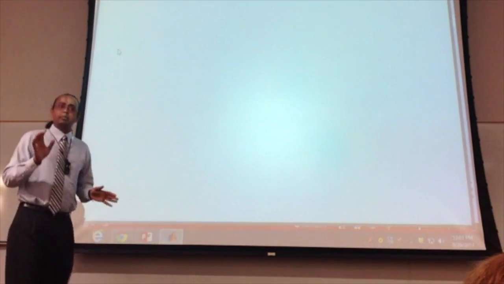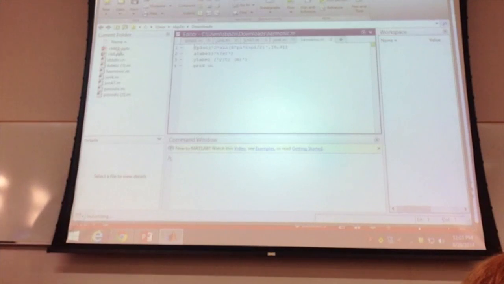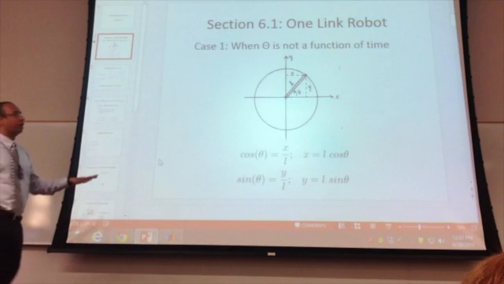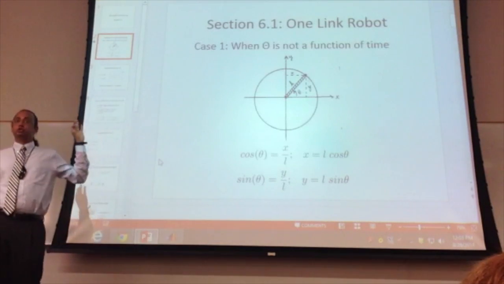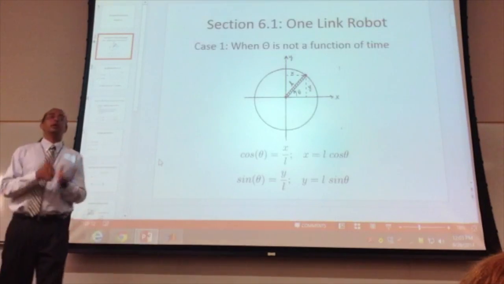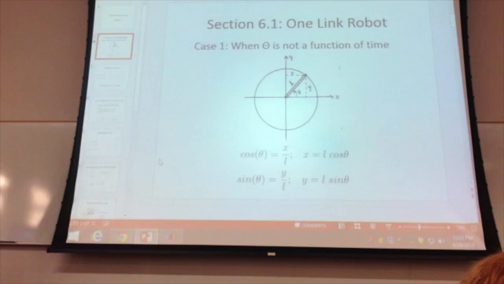Let's do a quick recap of what we did last class, and then we will continue with some more material. Anything that you need to know from this chapter will be in this PowerPoint. There's just one slide. I'm not putting additional slides for different classes. I'm combining it all into one slide. So please just review this one PowerPoint and solve the homework problems, and you should be okay for the next